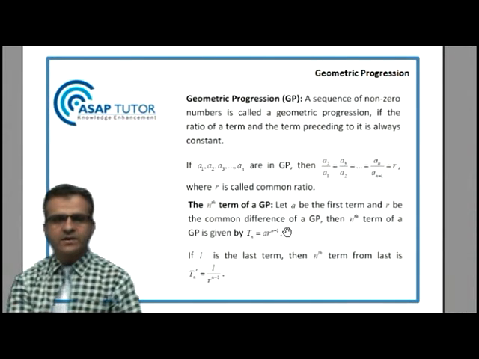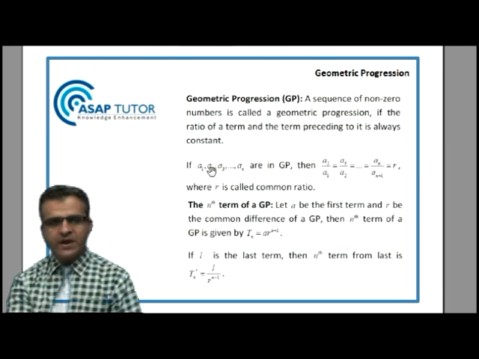In this session, we'll start with geometric progression. Geometric progression is a sequence of non-zero numbers if the ratio of the term and the term preceding it is always constant. It means if we have a progression a1, a2, a3 and so on up to an, then